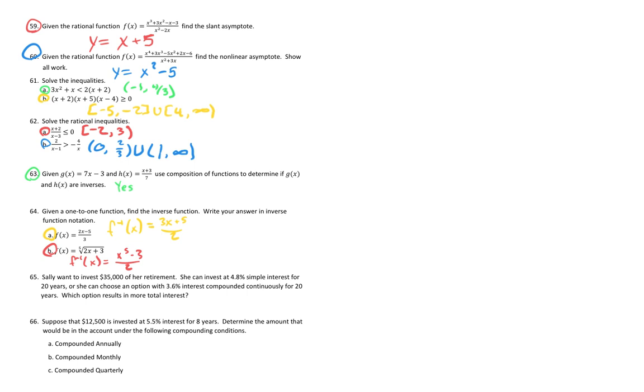Okay, looking at question 65 here. Sally wants to invest $35,000 of her retirement. She can invest at 4.8% simple interest for 20 years, or she can choose an option with 3.6% interest compounded continuously for 20 years. So first thing we want to know is the simple interest equation and the compounded continuously interest equation. So simple interest,